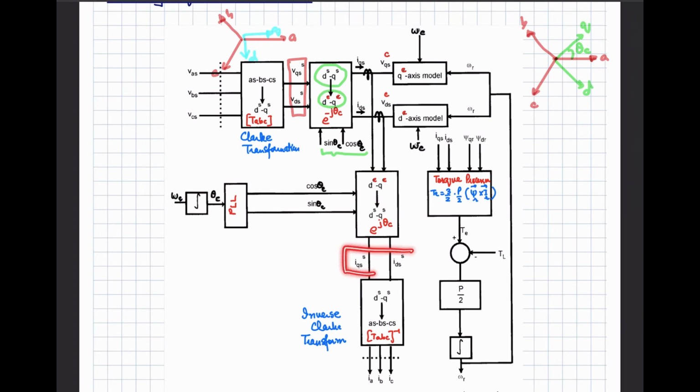So you get the stationary frame of reference currents. And if you know the stationary frame of reference current, you can use the inverse Clark transformation, that is TABC matrix inverse. If you multiply it with this, you are going to get ABC frame of reference quantities. Right? Okay, now if you know these parameters, you know the IQS, you know the IDS